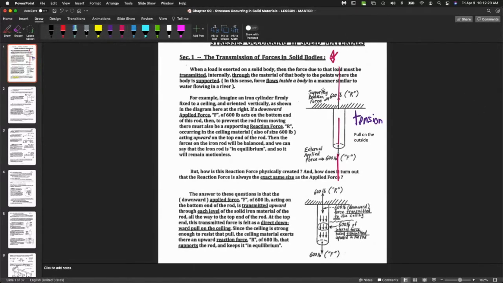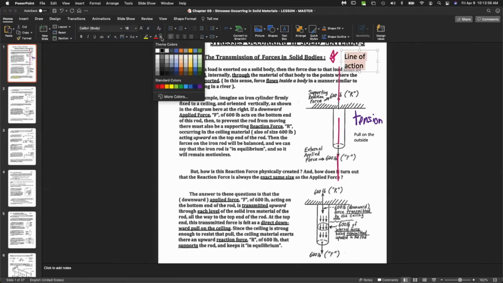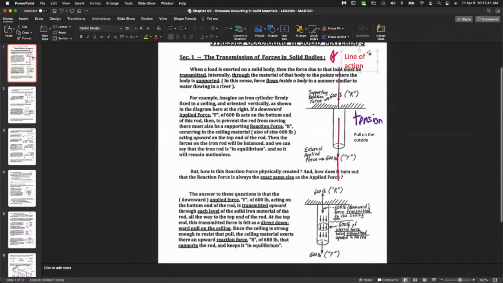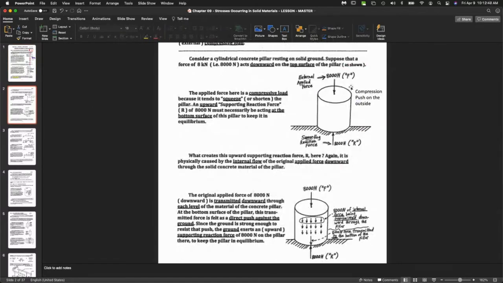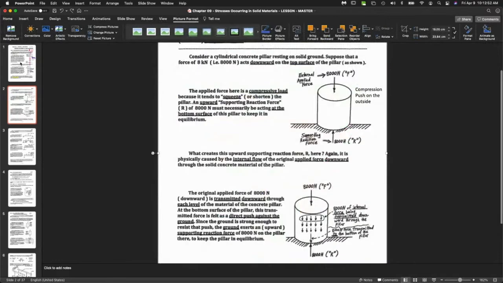That line segment is called a line of action. That's a line of action. So a line of action is the direction along which the forces act. Now, in terms of tension and compression, the line of action goes through all the forces. See, the forces line up beautifully. Same with compression. If you draw a line of action,